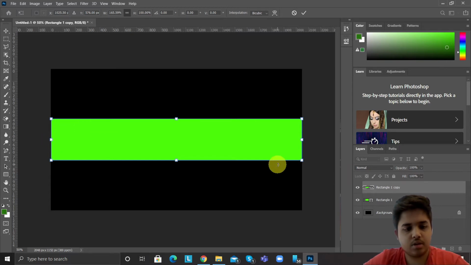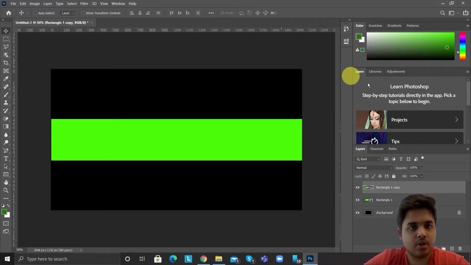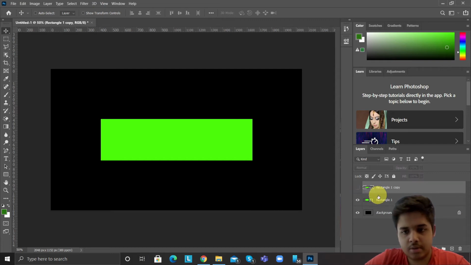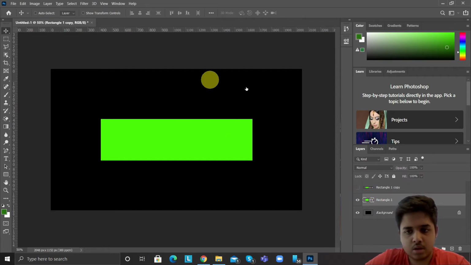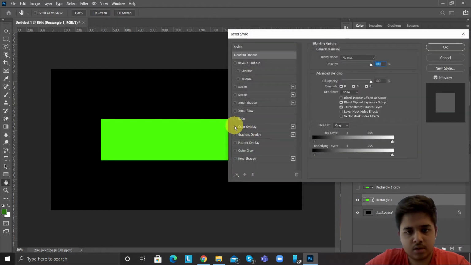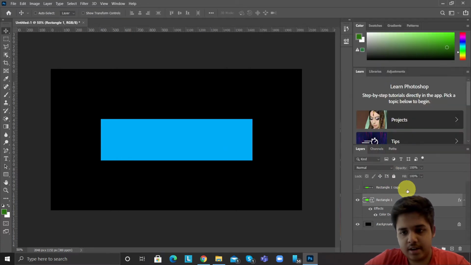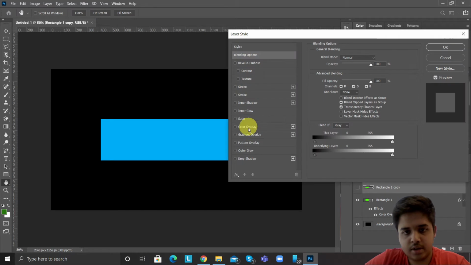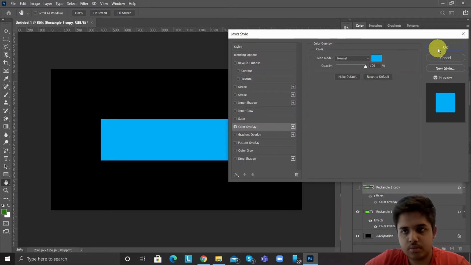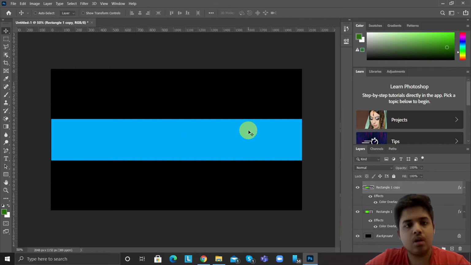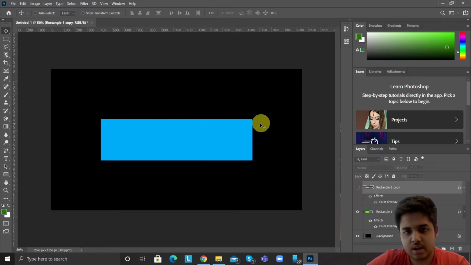After doing it, we can hide both of these for now, so that we can see it properly. We'll directly add our gradient overlay. So as you can see, this is the thing, and our next step is we'll hide the first rectangle, that is the copied one,